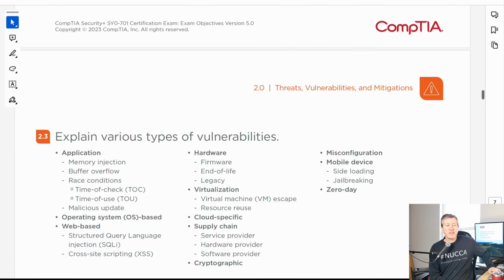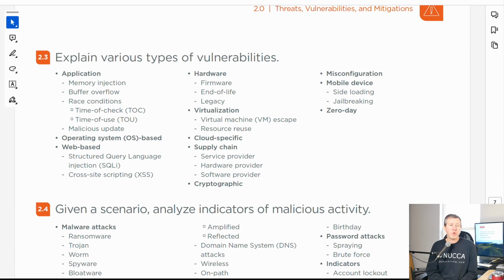So let's go ahead and scroll on down to domain 2.3 or subdomain 2.3. Explain various different types of vulnerabilities. We know that we have vulnerabilities in both hardware and software, and there are different ways that we can implement protections into our custom applications as well as those hardware devices to make sure that people are not exploiting certain types of vulnerabilities there, such as making sure that when we're using this structured query language, that we're preventing against injection by doing input validation, making sure that we're protecting against things like cross-site scripting,